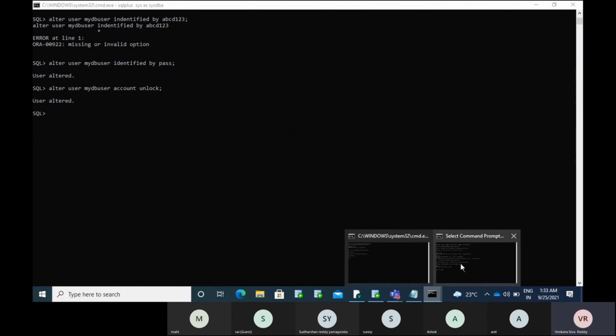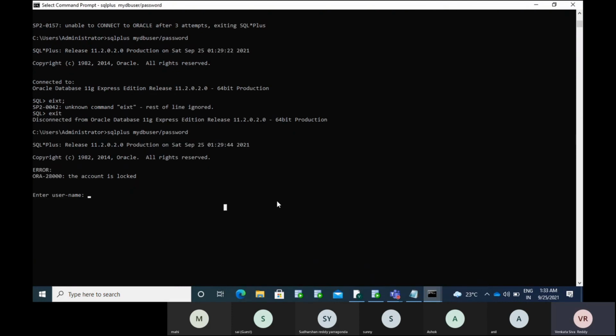Now I did the unlock option. So we can connect as my DB user slash, and it is reset now. Now I have created my own user here.